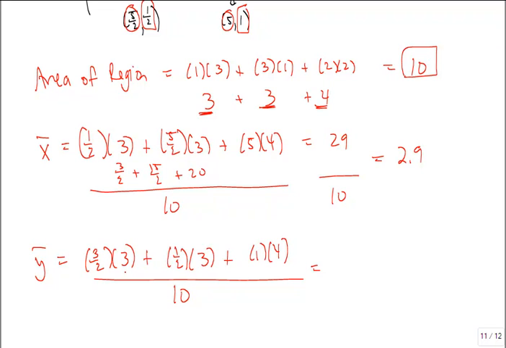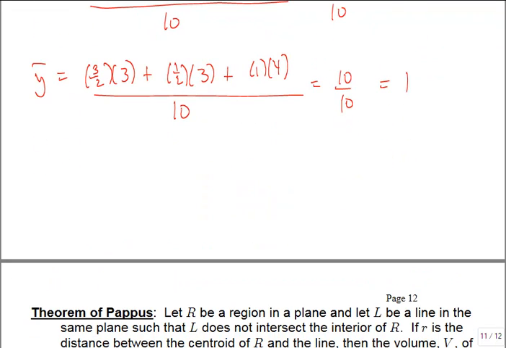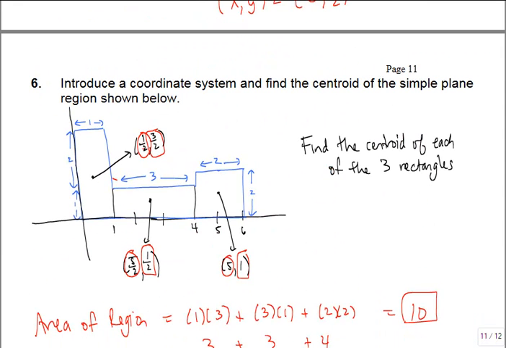So we get 9/2 plus 3/2, which is 12/2, or 6, and 6 plus 4 is 10, so this is 10 over 10, or just 1. So the center of mass is going to be (2.9, 1), and if you look at your picture up here, that would be almost where that dot is right there, just shifted over a little bit to the